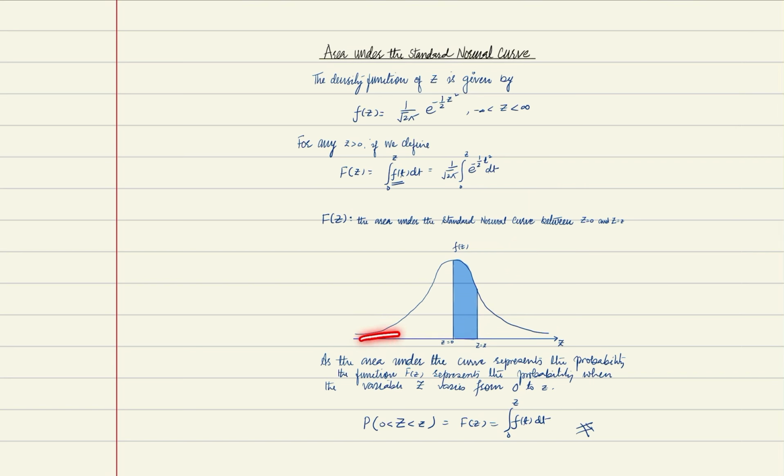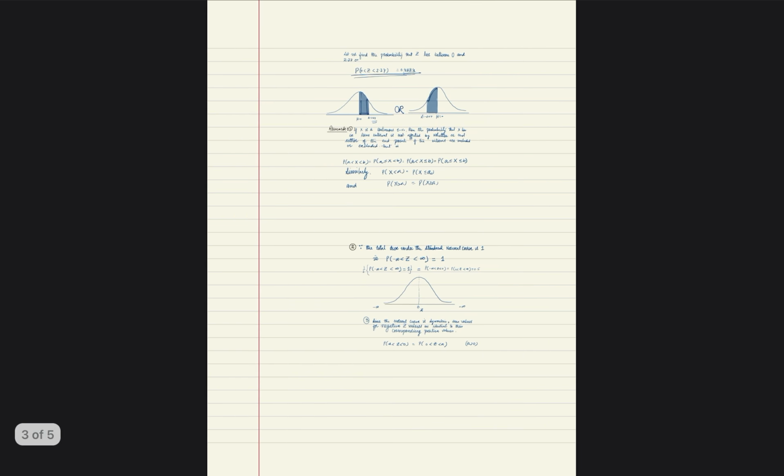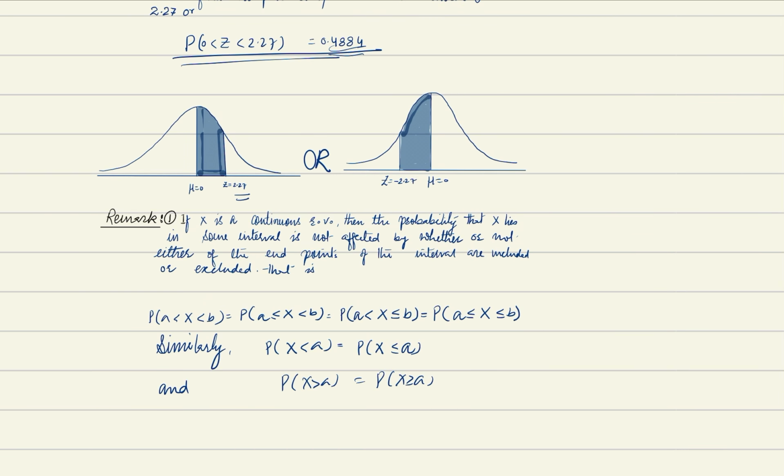So area from here to here, this is the half, we know that, and the whole area from here to here, this is the whole area. This area is 1 in case of normal distribution. So when we take half, this is the half value of the integral. So in this way we calculate the standard normal variable.